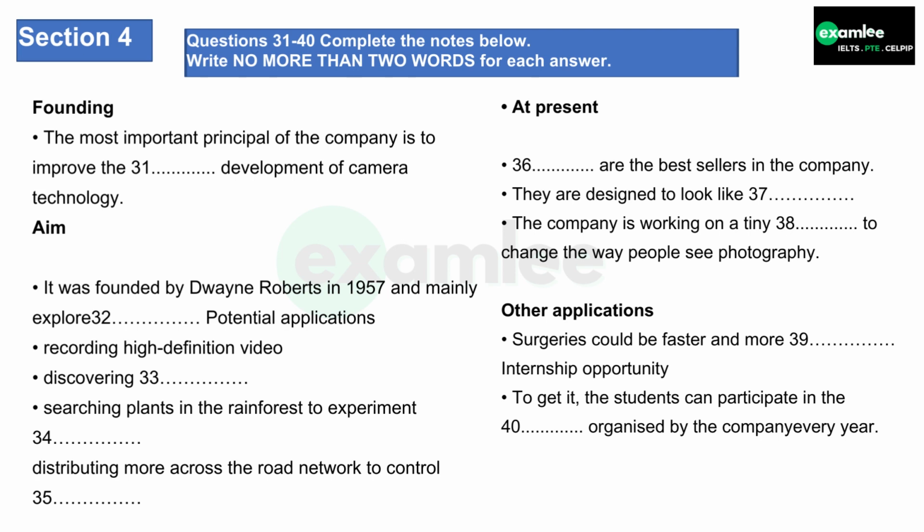That is the end of section 4. You now have